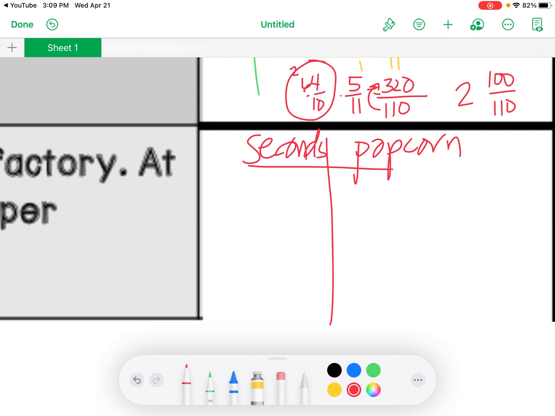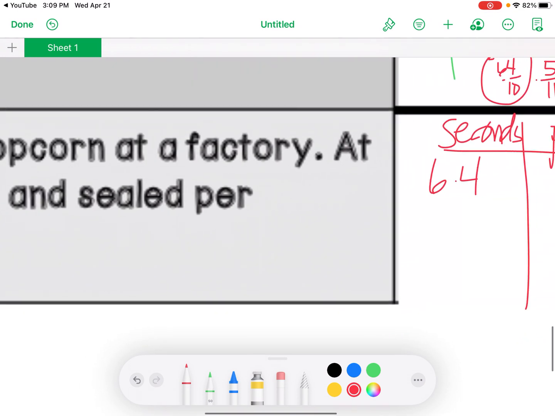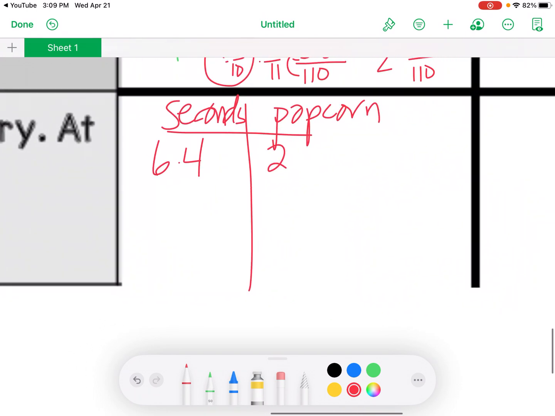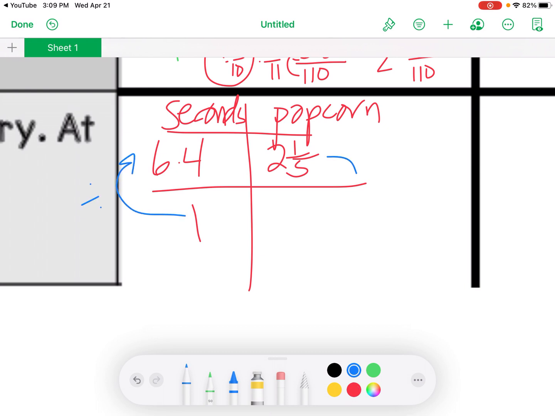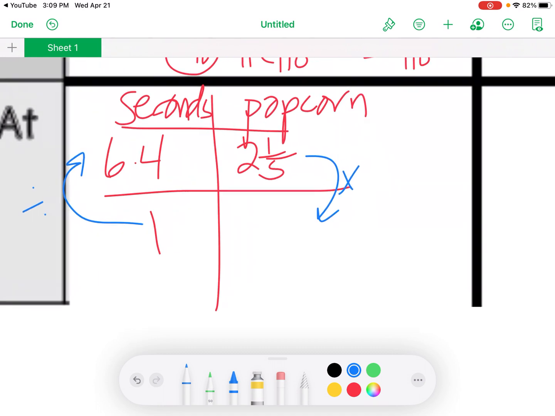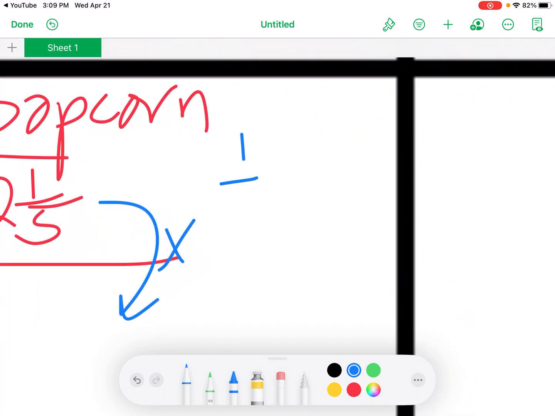So I know in 6.4 seconds, they get 2 1/5 bags. I want to figure out what it is per second. So I'm going to divide going this way, multiply coming down. So 1 over 1 divided by